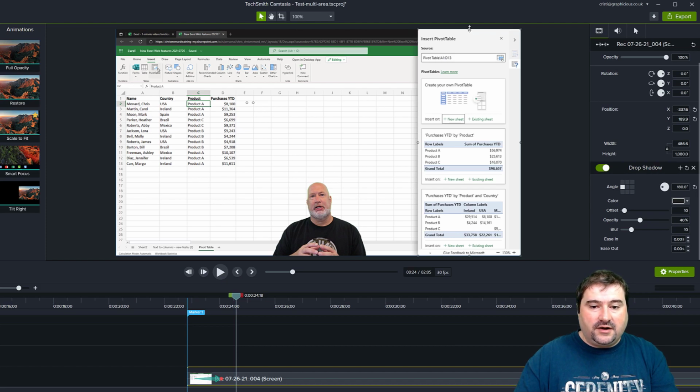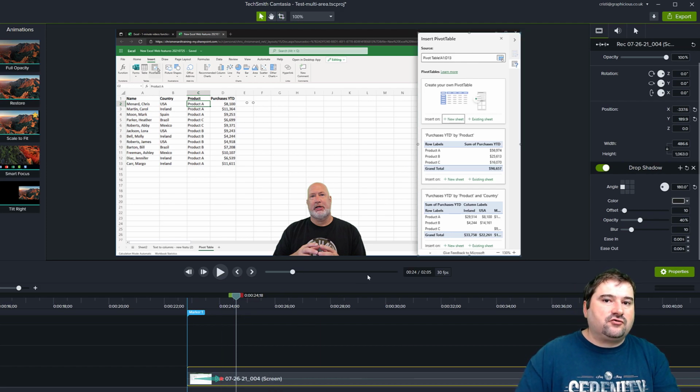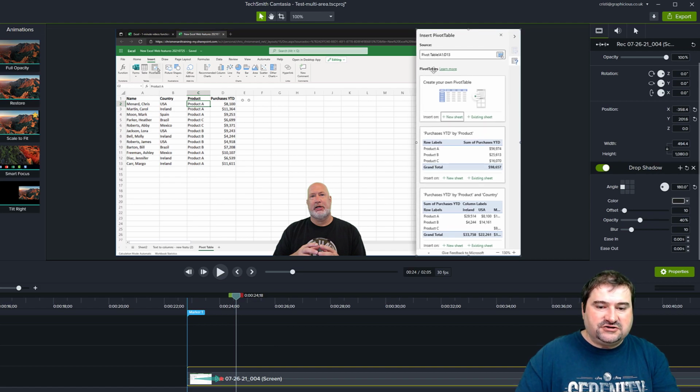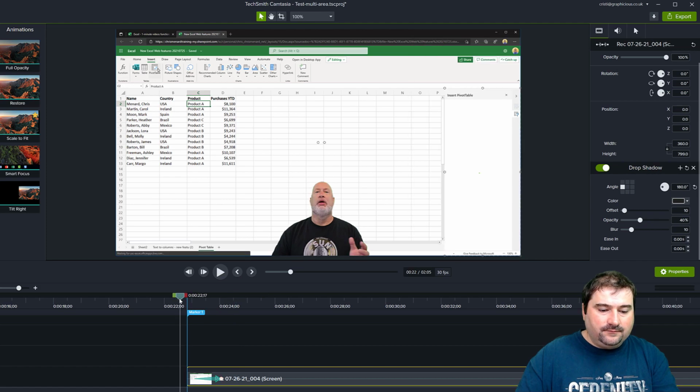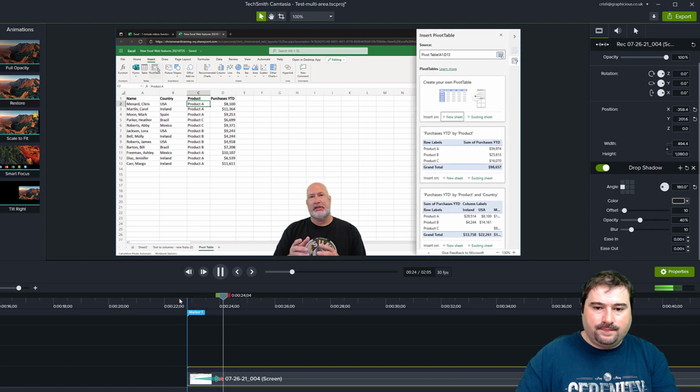If you want to adjust even more, you can actually animate the crop as well. I've decided that I have a little too much space at the top here, so I can hold the Alt key again and crop. Because I have the animation, it's going to crop and animate at the same time. I'm going to make it a bit larger. Let's see what happens now. Look over at the right hand side of my screen. So there you have it. You can show that area of the screen now larger.